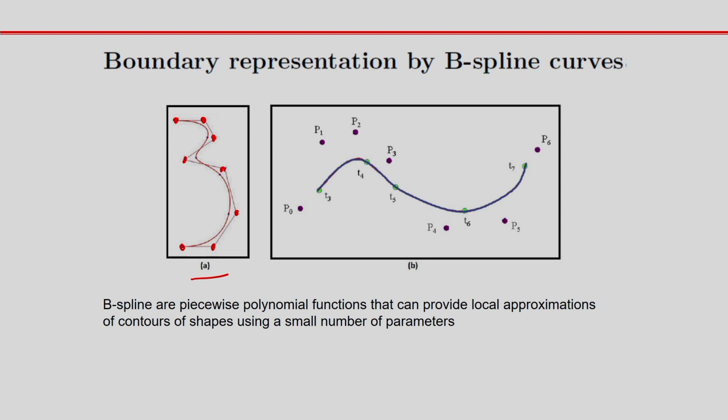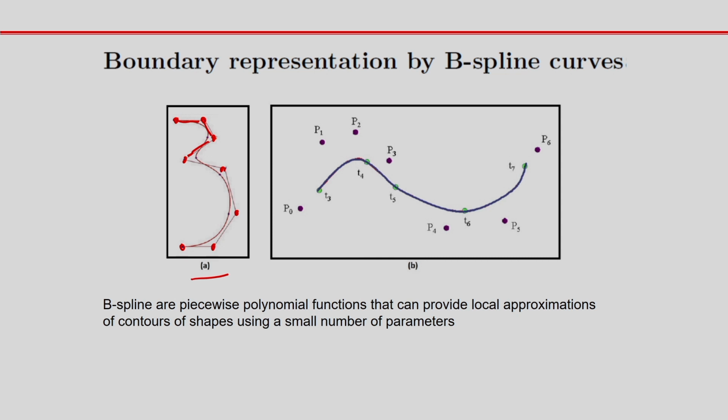These little dots divide the B-spline curve into a number of curved segments. You can see this is one segment, this is one segment, like this I have the segments. The subdivision of the curve can also be modified. So that is why the B-spline curve has a higher degree of freedom for curve design. Based on the control points, I can represent the object boundary.